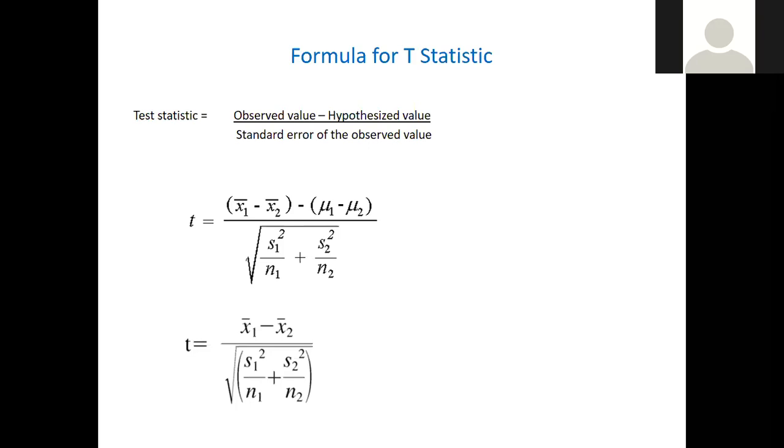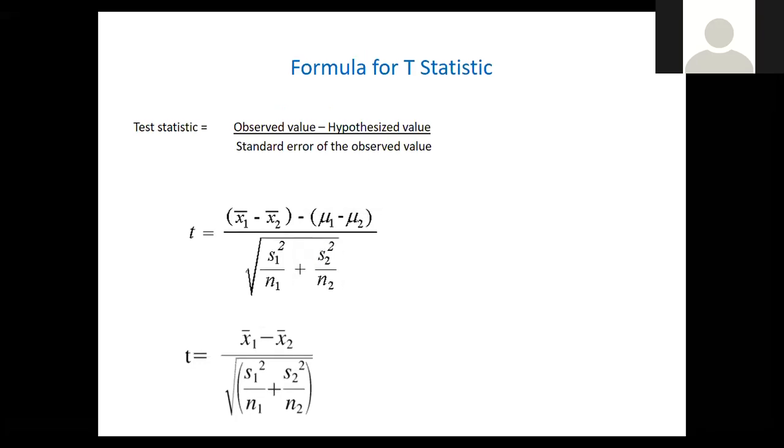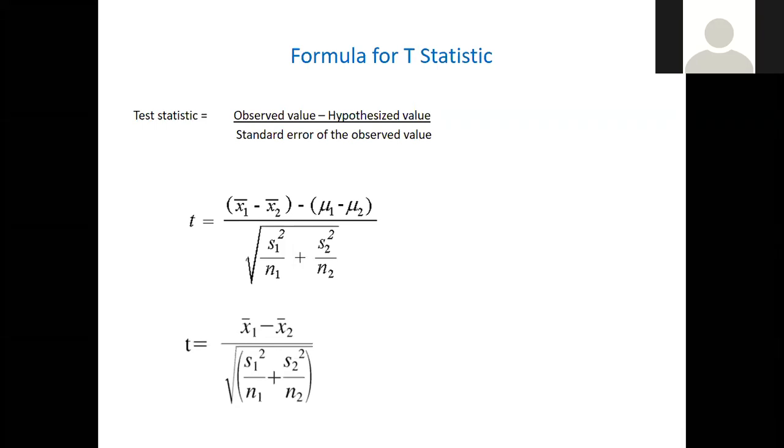So when you now divide, if the numerator is bigger, far enough to offset the denominator, the value will be greater than 1. If the numerator and denominator are the same, it will give you 1. But if the numerator is far smaller than the denominator, it will be less than 1, give you 0 point something. So for you to say this difference is significant, we expect the numerator, which is the difference you have observed, to be far bigger than the denominator, to the extent that it will be greater than 1.